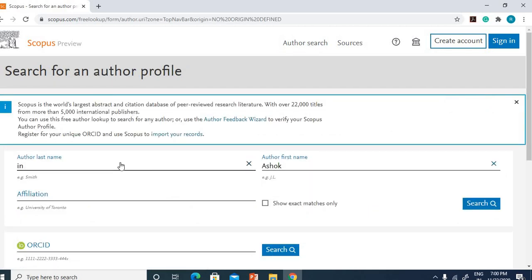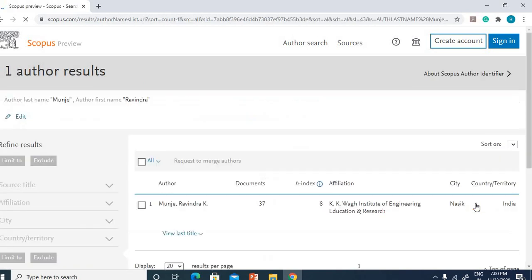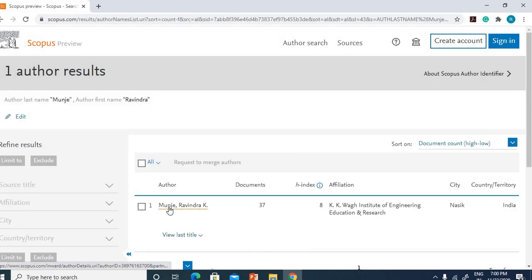Suppose I write my name, last name Munje and first name Ravindra. If I click on search, I can see my name, Munje Ravindra, and my affiliation, Kekewag Institute of Engineering Education and Research.